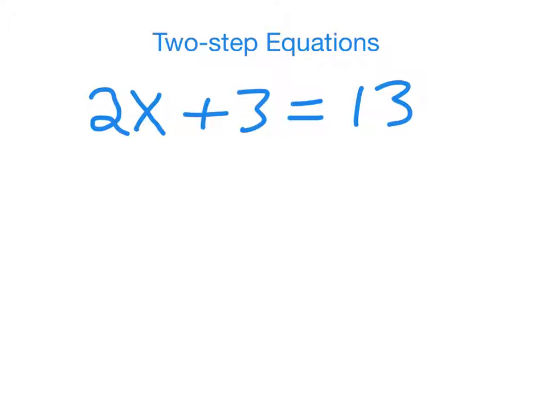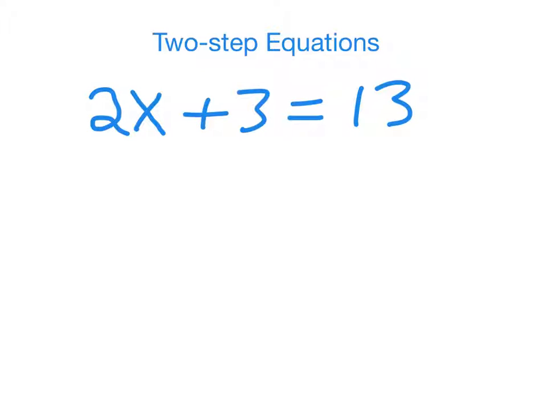Now, if you had some answer choices, you could just try them out. Or really, this one's simple enough that you could just try out numbers and see which one works. Now, once the numbers start getting a little more complicated, that's not going to be a good approach. So please, no complaining about why do I have to do all these steps when it's obvious what the answer is. So, first thing we want to do